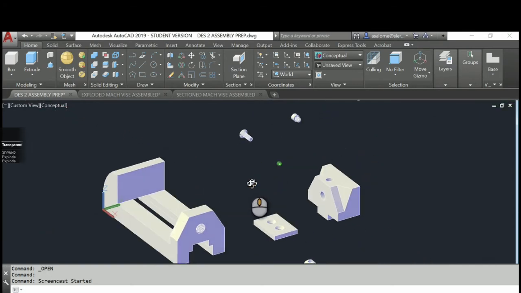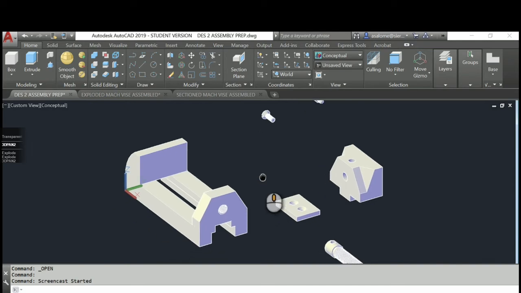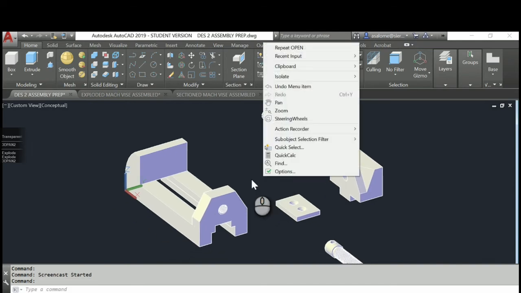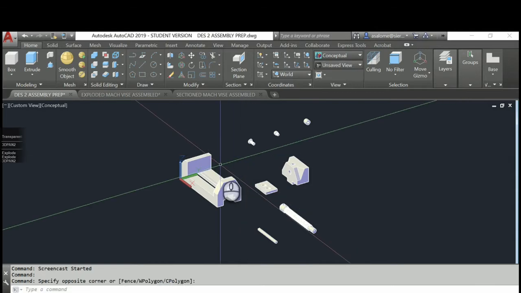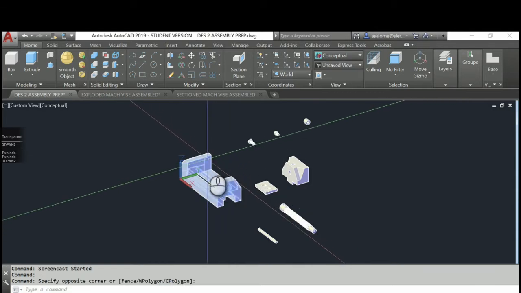Anyways, so to put this together now, we have to do a couple of things here. So currently I have my 8 parts. However, if I hover over this part, it is not a 3D solid. It is what is considered a block reference.